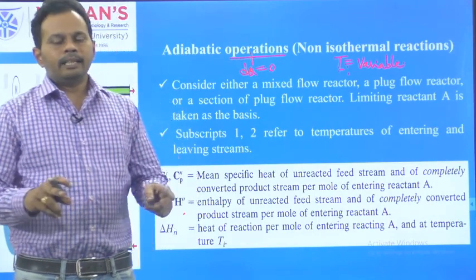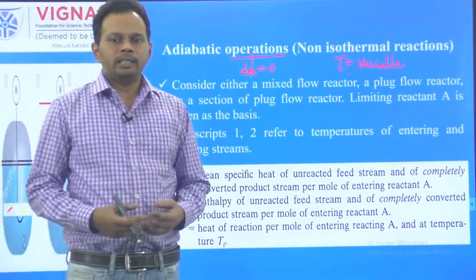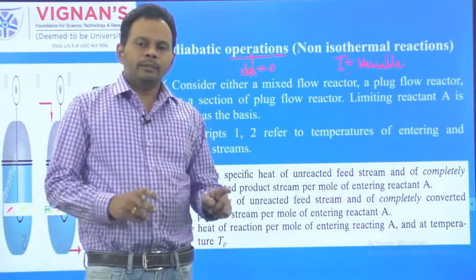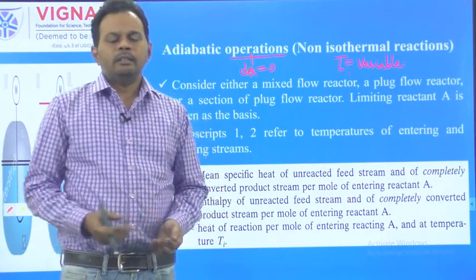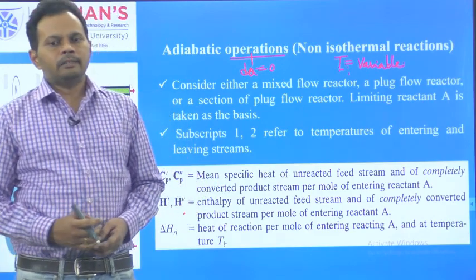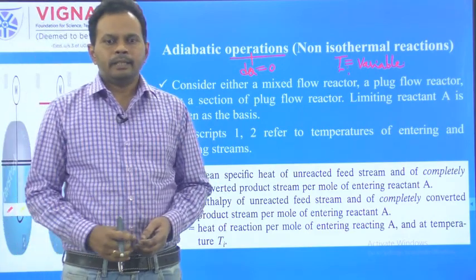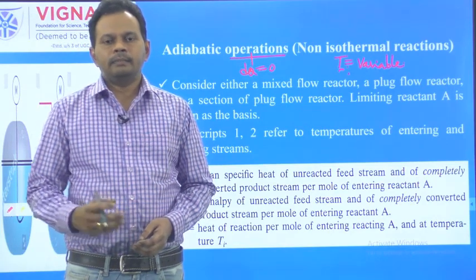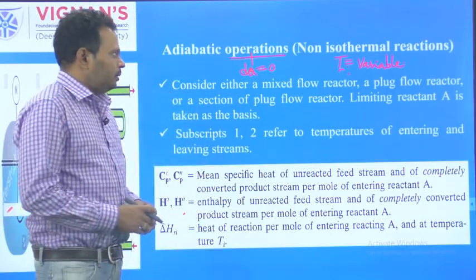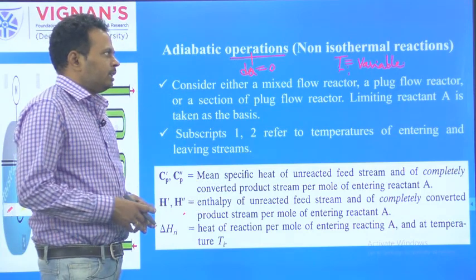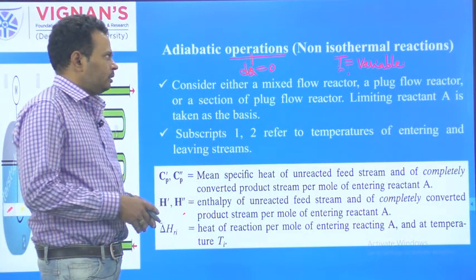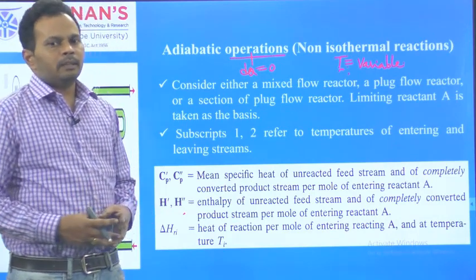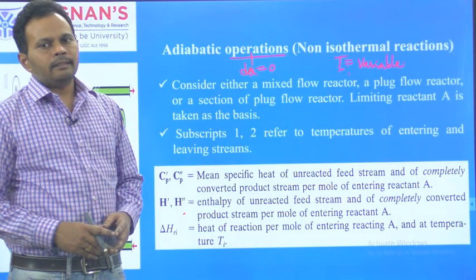Instead of an exothermic reaction, suppose we carry out an endothermic reaction, which requires heat from the outside. Because of the insulation over the surface, we also cannot obtain heat from the outside, so immediately the reaction temperature decreases with time. So, there also the temperature is variable. So, when you provide insulation over the surface of the reactors to make the adiabatic operation, we obtain non-isothermal reactions, in which the temperature is not constant along the time of the reaction.